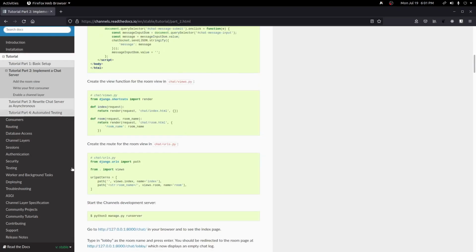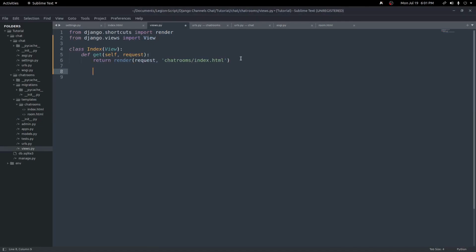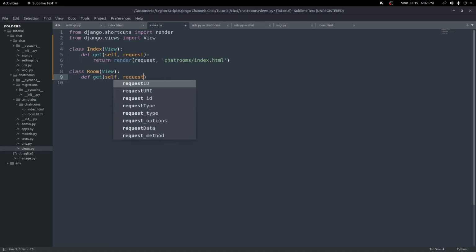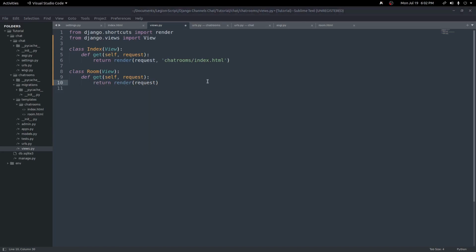Now that we have that done, we can create a view for it. They create a function view, but I'm going to create another class-based view. So inside of the Sublime Text editor, we'll go back to our views.py and I'll create another class. So, class Room. This will inherit from the View class. And once again, it'll be a get method with self and request. And this will return render request, chat rooms/room.html, but you also want to pass in